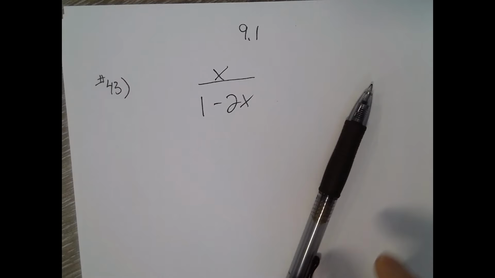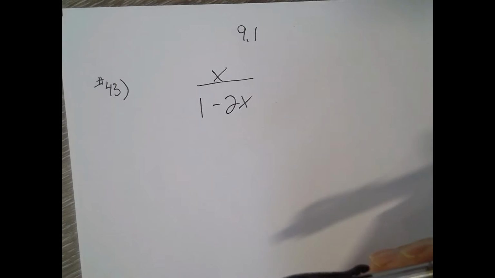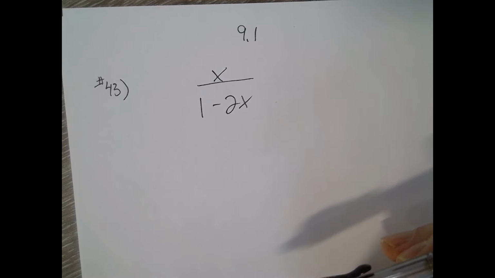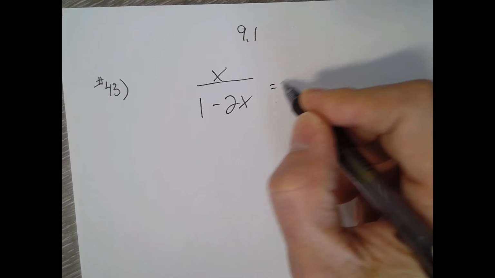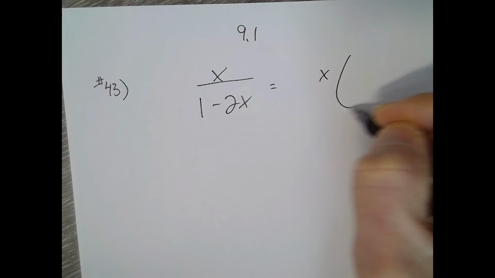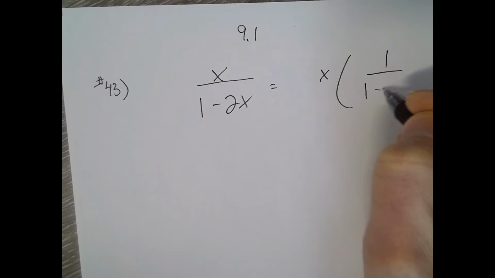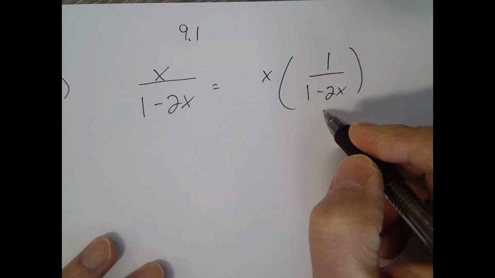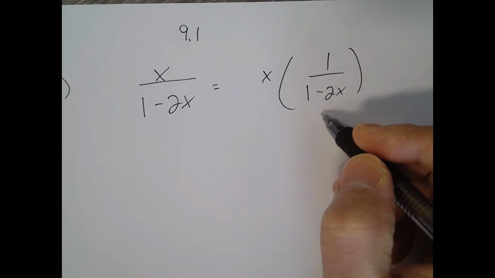Number 43, we're trying to find a power series, represent the given function, and identify its interval of convergence. Alright, include the nth term. Alright, so I would think of this as x times 1 over 1 minus 2x. So we can write that as a power series, and then with the power series you could just multiply it